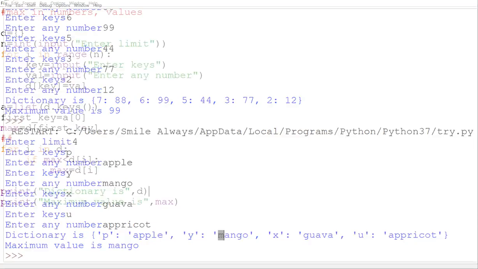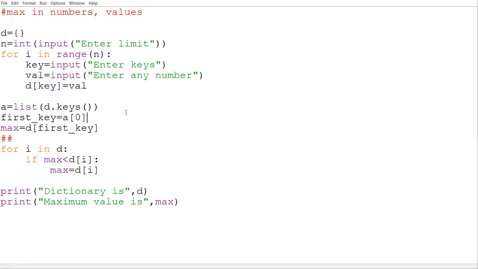Now let me know, anyone, any doubt. We have actually done two programs. First is sorting with respect to numbers. Second is sorting with respect to strings, and both we have done for values. Anyone, any doubt? Or now should we do it with respect to keys? Fine, then with respect to keys.